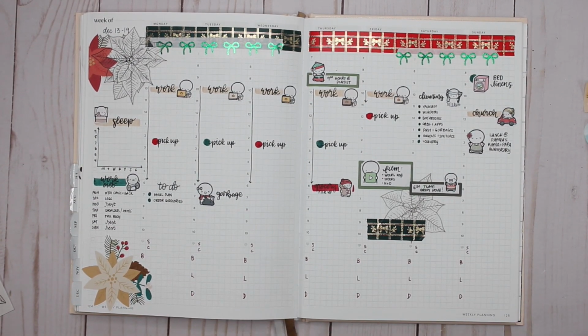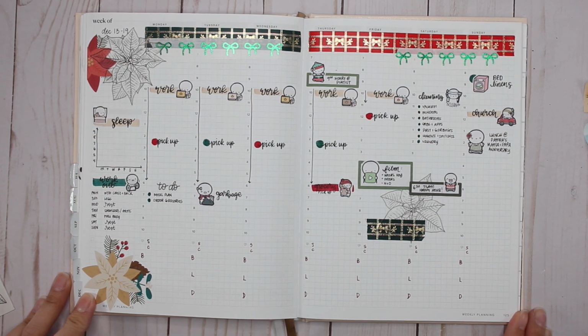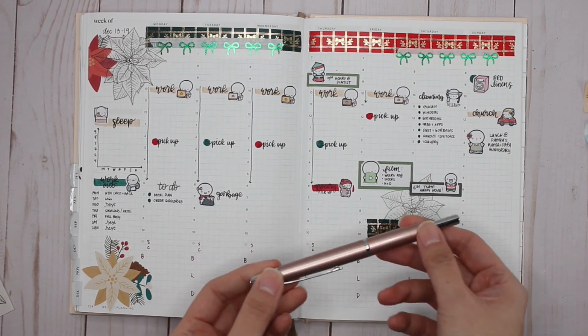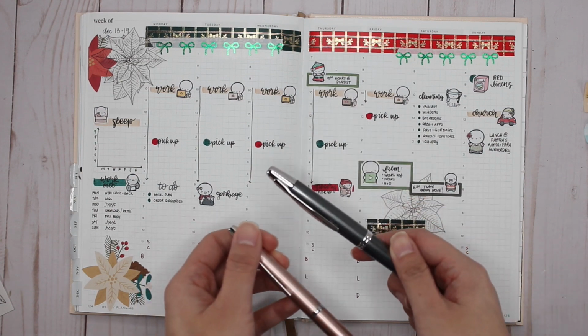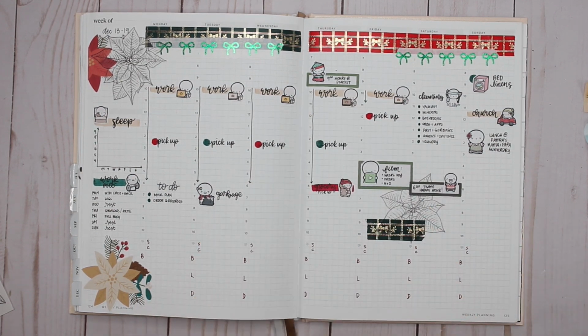All right, so that is my overall finished spread, and I love how festive it looks. I really, really do love how festive it looks, and there's a lot coming up this week. It is my kids' last week in school. My parents' anniversary is on the weekend, so there's a lot to look forward to. And I'm hoping this week to use a combination of the Diamine Red Dragon that's in here, possibly